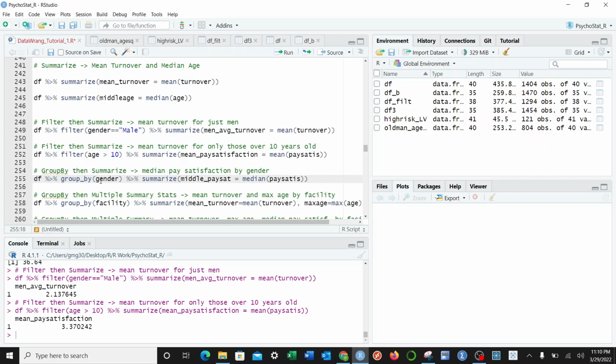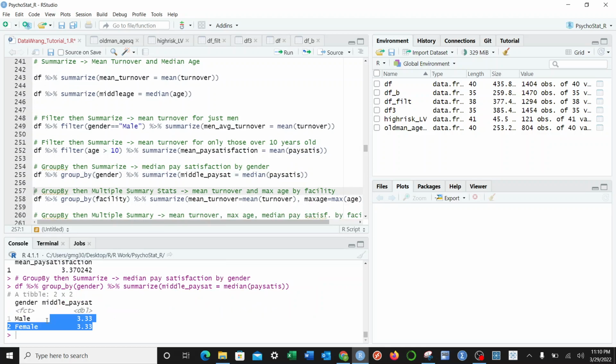so I'm going to group by the males and the females, and I'm going to apply a summary where I'm creating a new variable called middle pay satisfaction that is the median pay satisfaction level, so median of the current pay satisfaction variable. But if you see when we run this, it's now going to do this for just the males and just the females. And what this shows us is that, hey, there is no difference in the median pay satisfaction for the males and the females. But importantly, we grouped by gender level first before we did that,